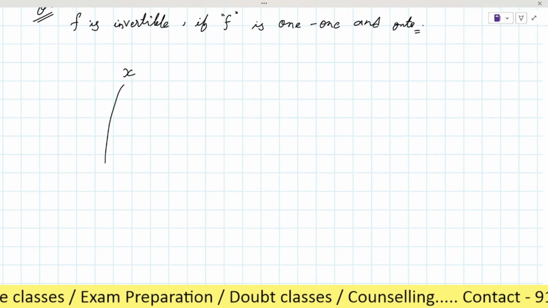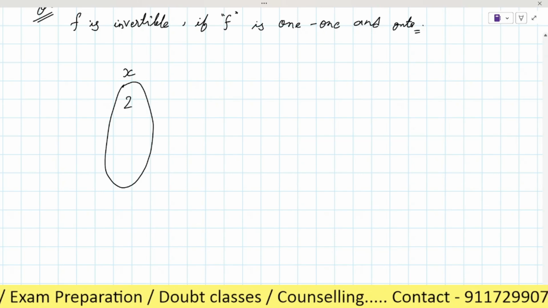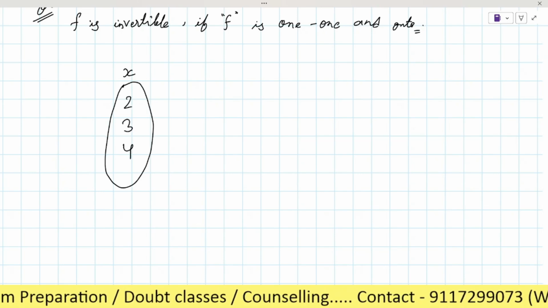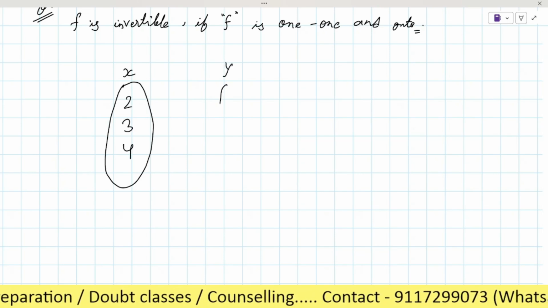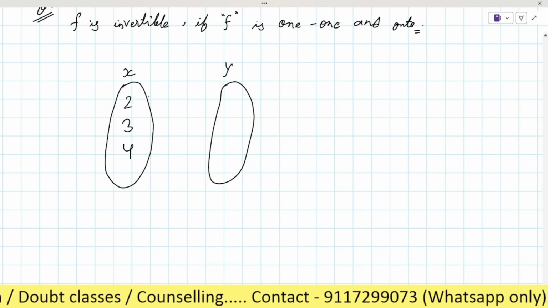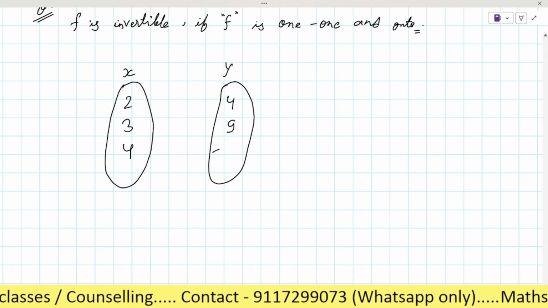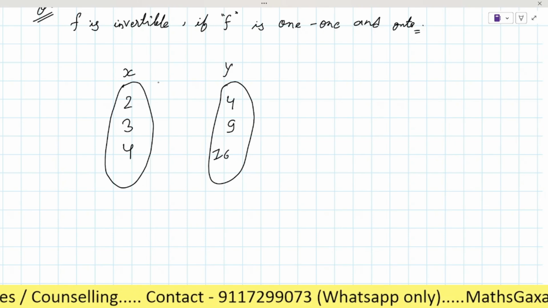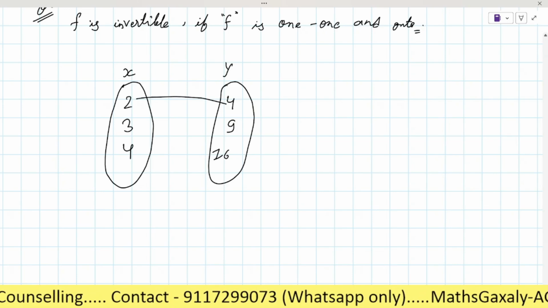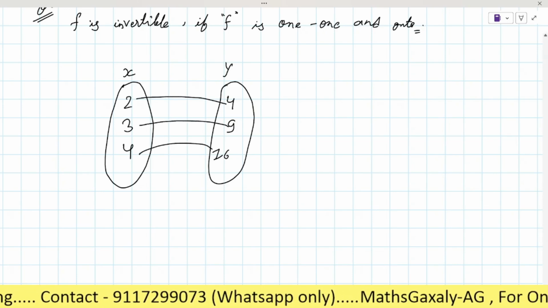If you want an example, you can see here. Suppose X has some elements. Let it be 2, 3, 4. And Y has the elements 4, 9, 16. The relation is that 2 is related to 4, 3 is related to 9, and 4 is related to 16.